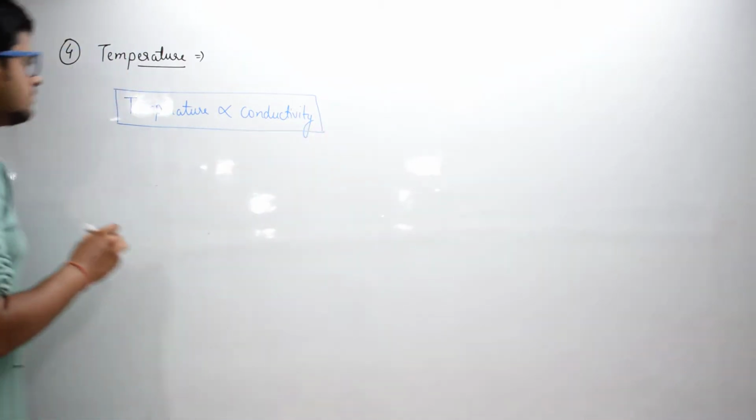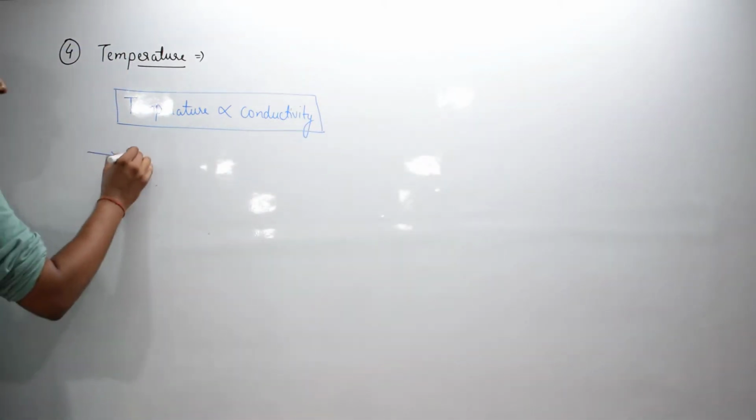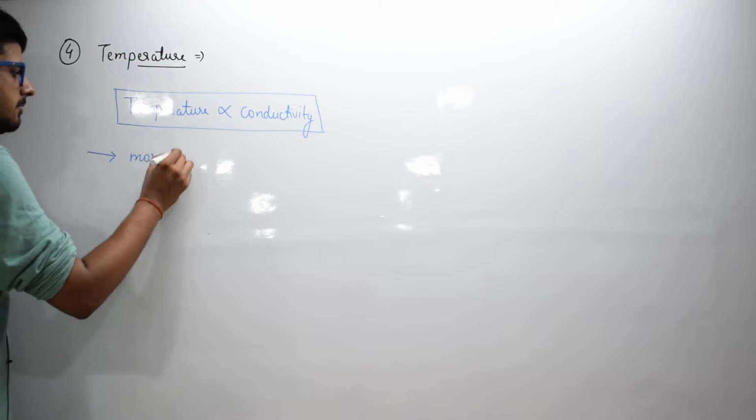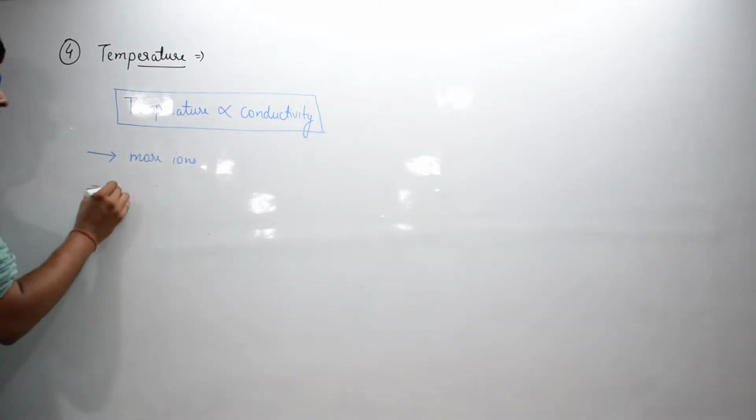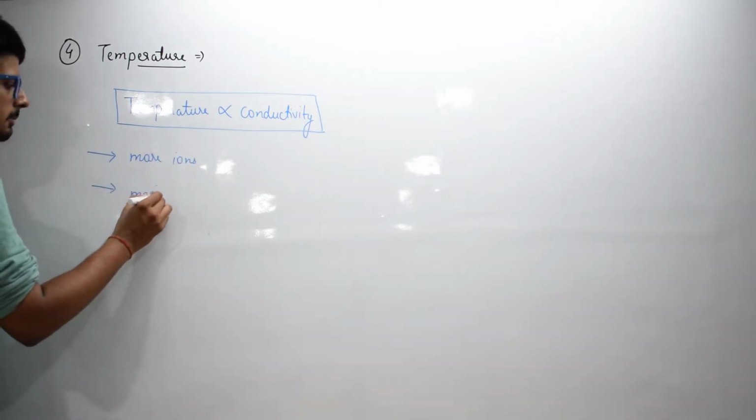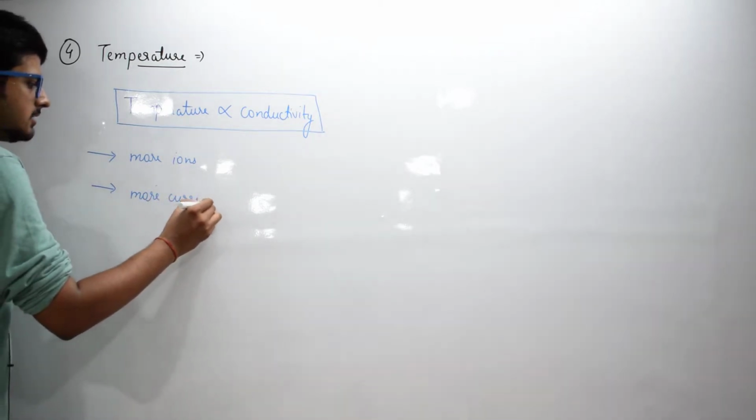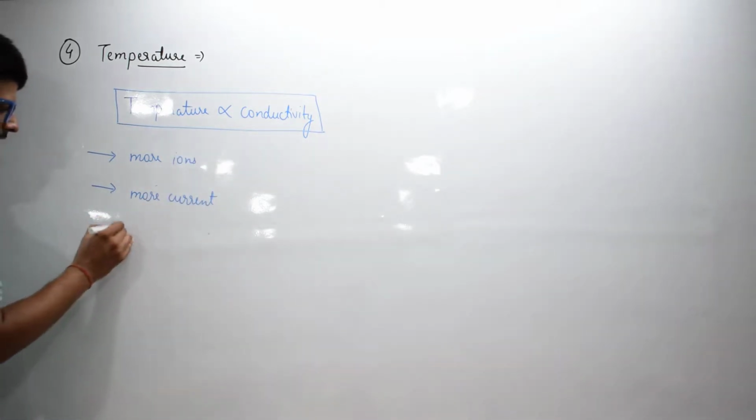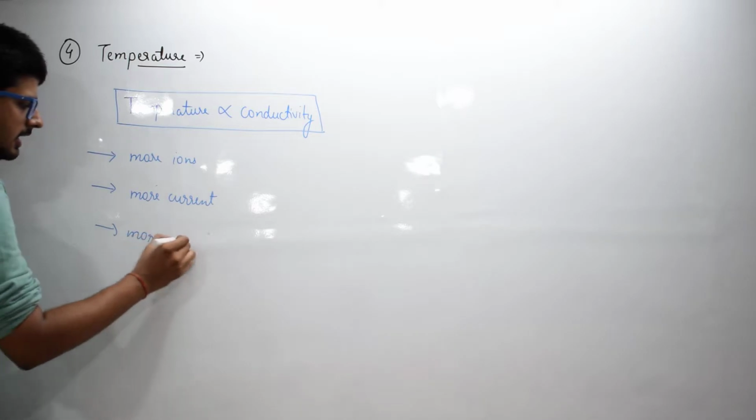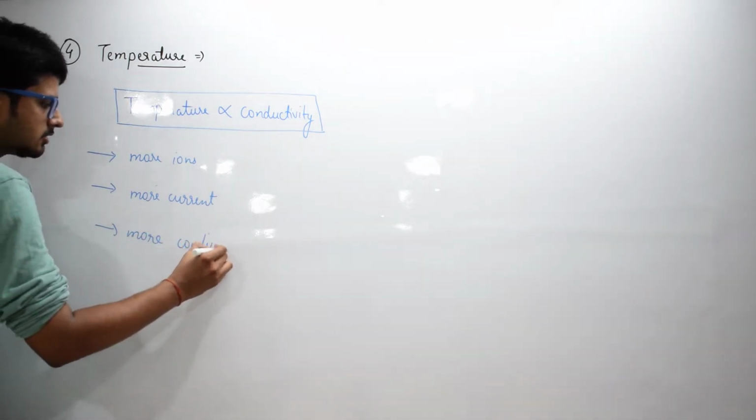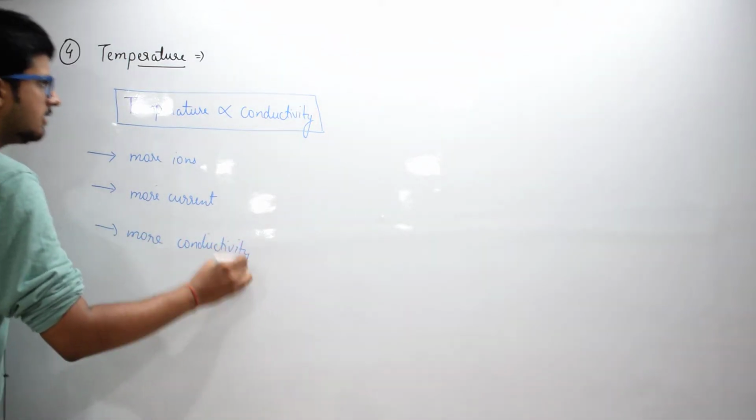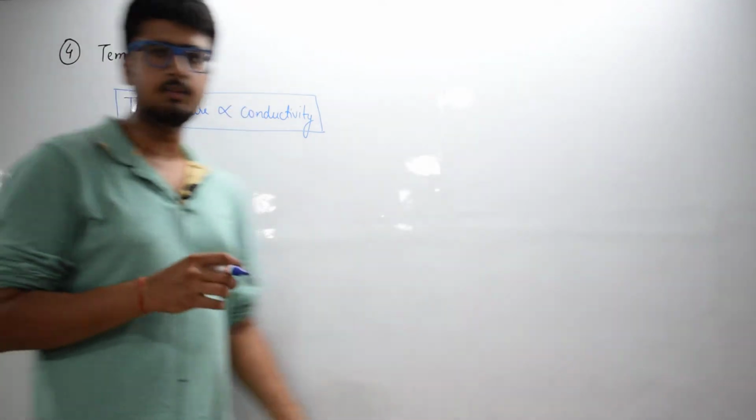It is because the higher the temperature, the more the formation of ions, that means the more the value of current, and since the current is more, the conductivity will be more. So, in short it can be said that temperature is directly proportional to conductivity, because when